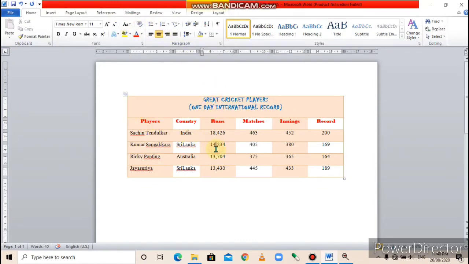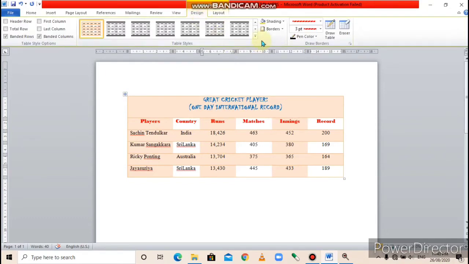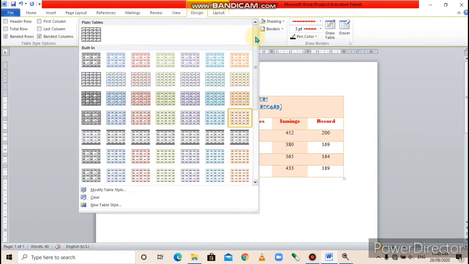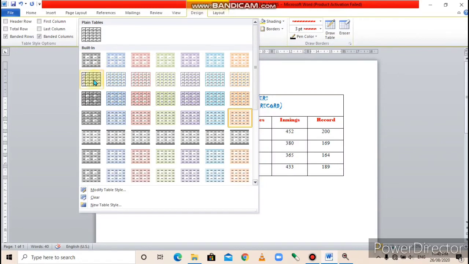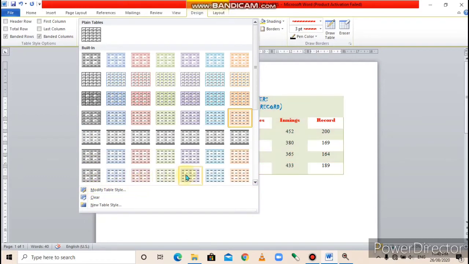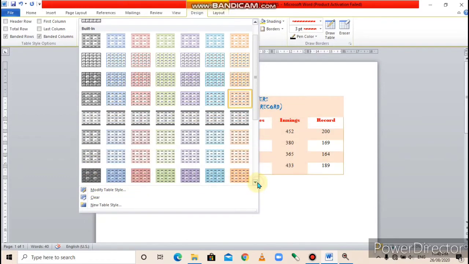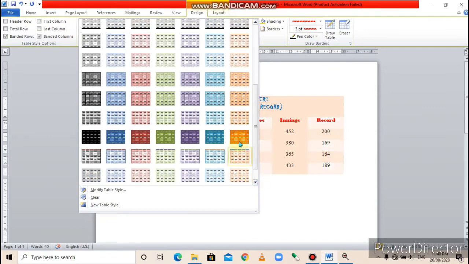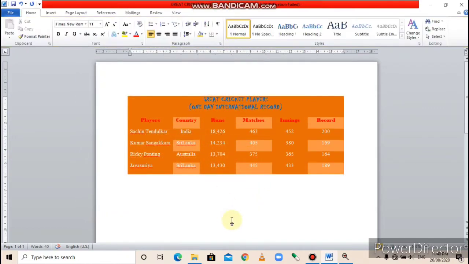Click anywhere inside the table. Then click on the design tab. Click on the more button. Choose any design. Right? So in this way we can change border, shading and table style.